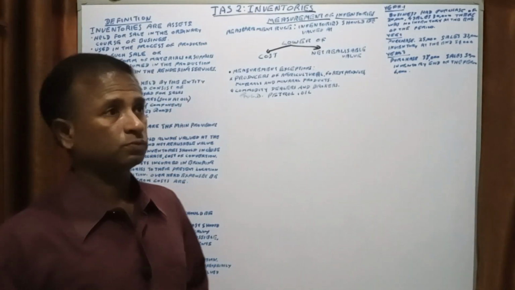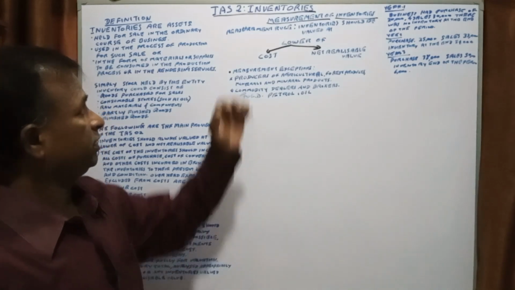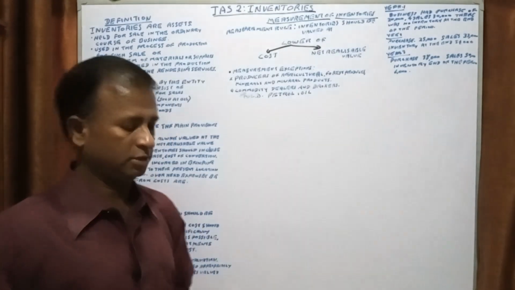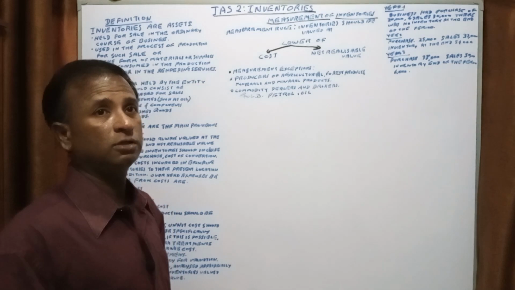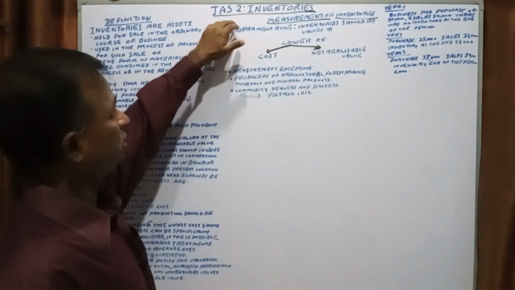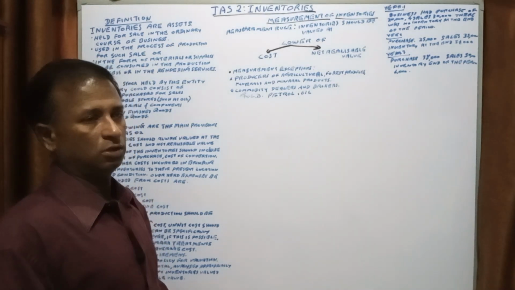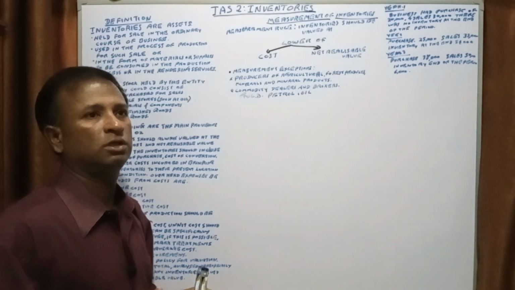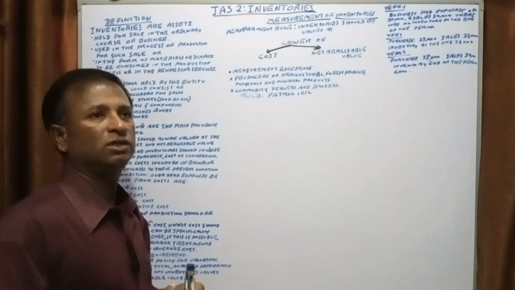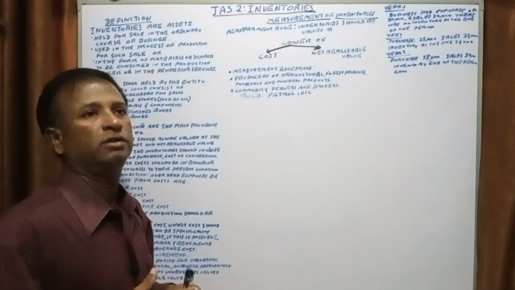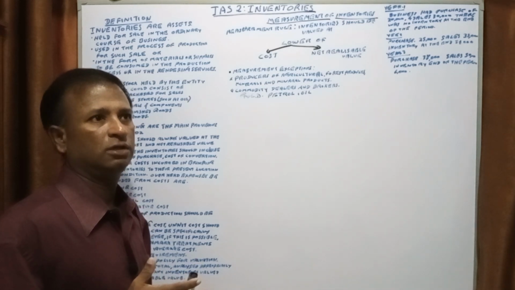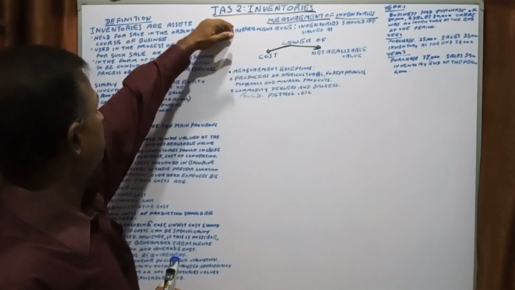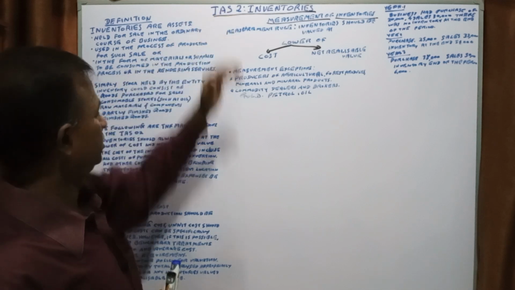So today in this lesson we are going to discuss inventories. Inventories in the sense of stocks, trading stocks. Trading stocks means the goods we are holding with the intention of trading activities in the ordinary course of our business. That is the inventory. So we can see the definition for inventory